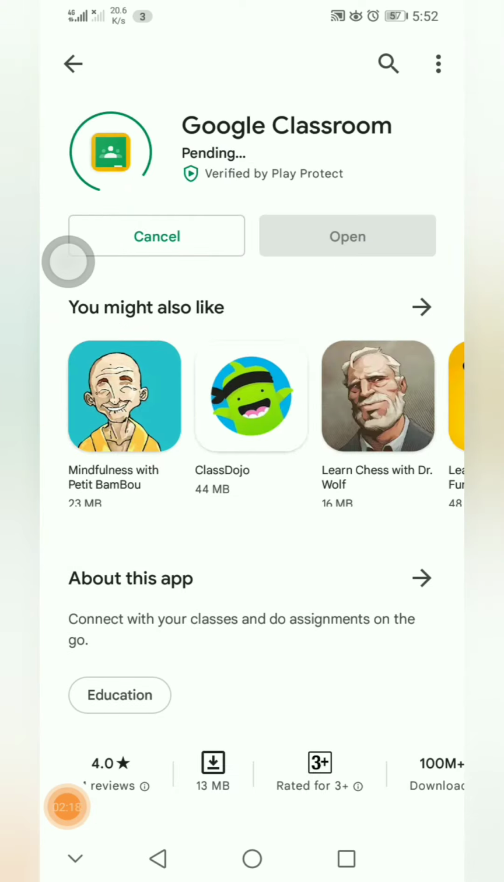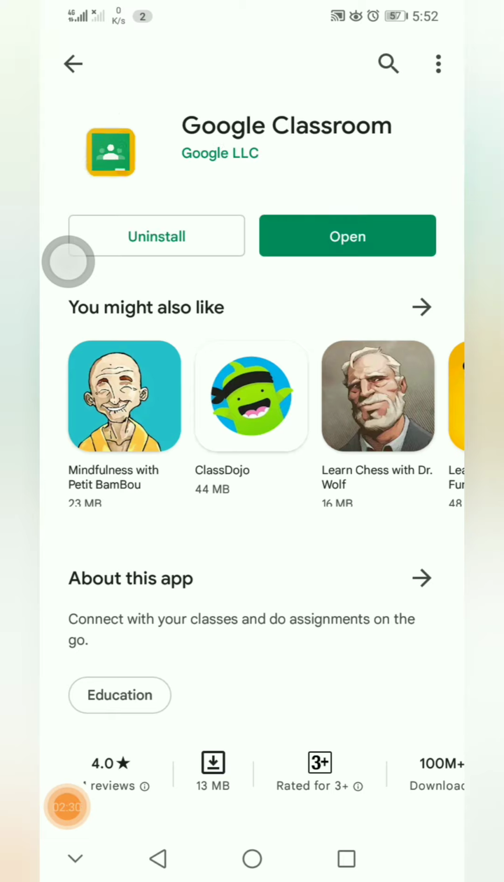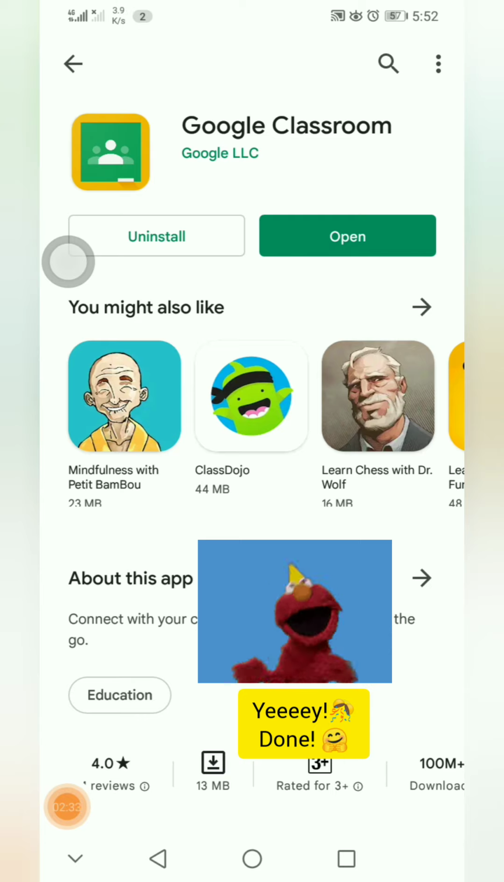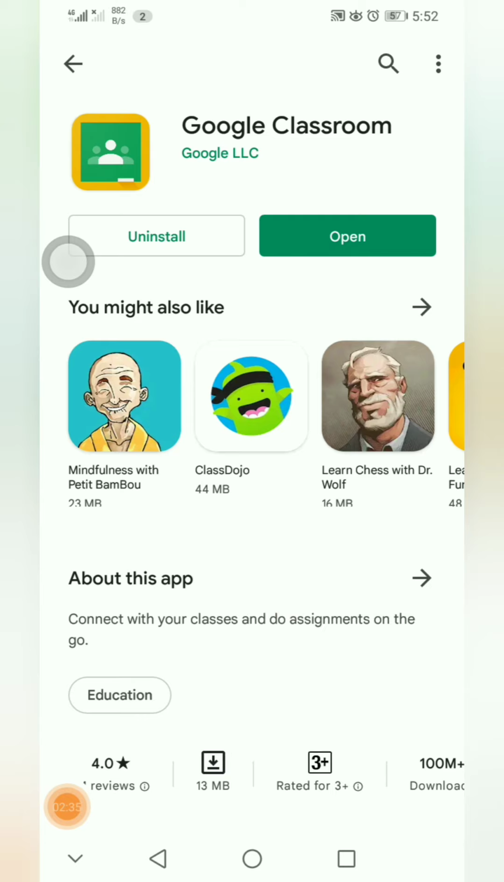So it's going to take a while, but it's going to download ultimately. It's installing. Yeah, so once it has finished installing, make sure you have space in your phone and make sure you have enough data to install this app. So the next thing we're going to do is we are going to open this app,